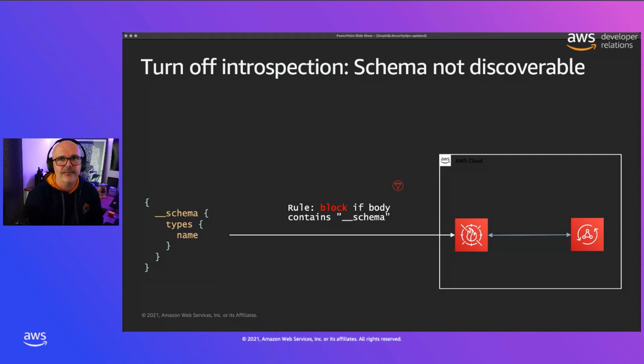So you can see how that's really important in development, but may not be so important in production, and so you may want to turn that off. You can set up a rule that blocks any request that contains the special underscore schema request. That way, introspection will be turned off, and that only impacts introspection queries, and the rest of the queries are not impacted, which is good to know.